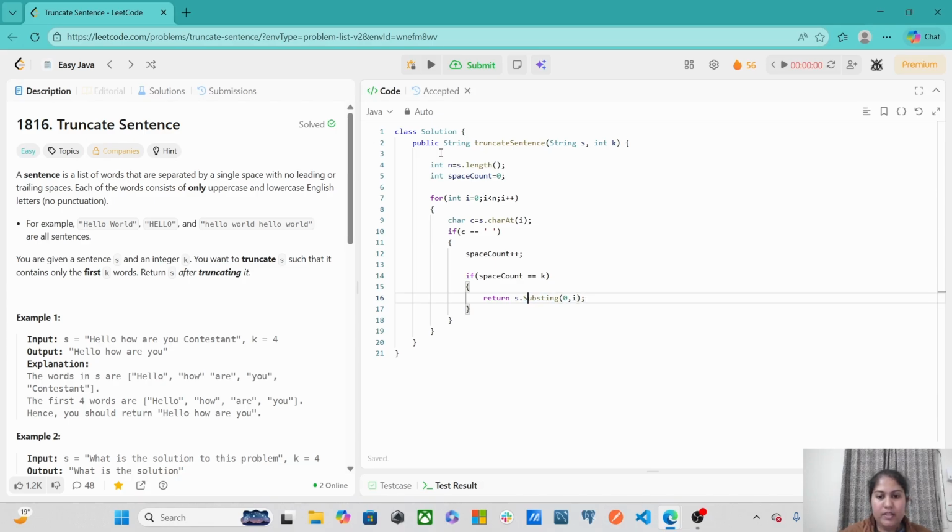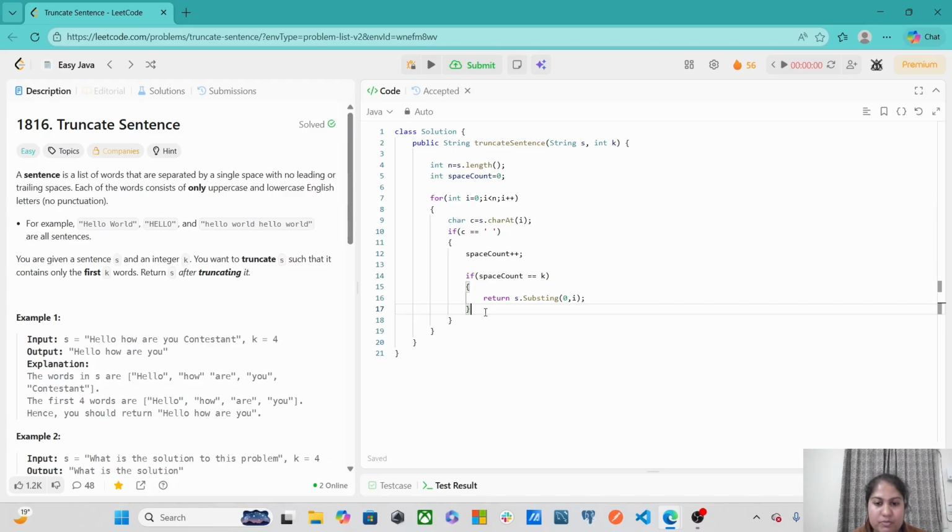Remember guys, when we are returning the substring from 0 to ith index, it won't include the last index i. The substring would be from 0 to i minus 1 index only. So if you are thinking that while returning the substring of s from 0 to i there would be one extra trailing space, no, that is not the case.